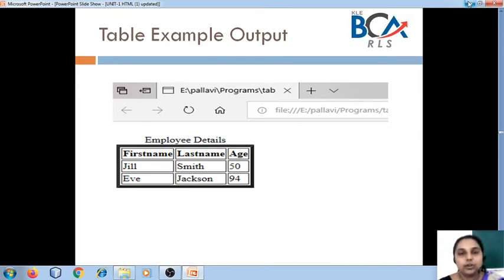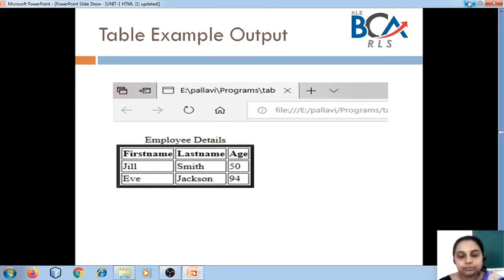This is how you are going to create a table in terms of your HTML. Can you see the table has the title as employee details? Okay. Followed by the first name. How many columns are there going to be? There are 3 columns and there are 3 rows. Among these 3 rows, the first row is nothing but the table header. And then we have 2 rows which specify the first name, last name and the age of the employee.